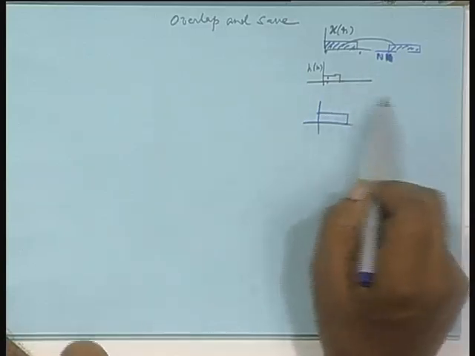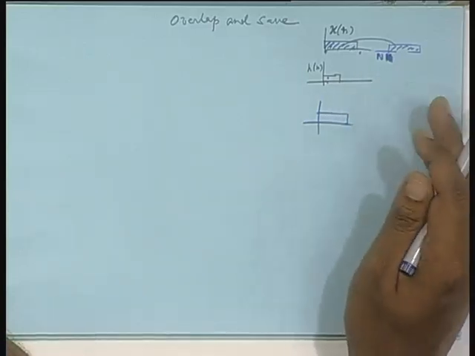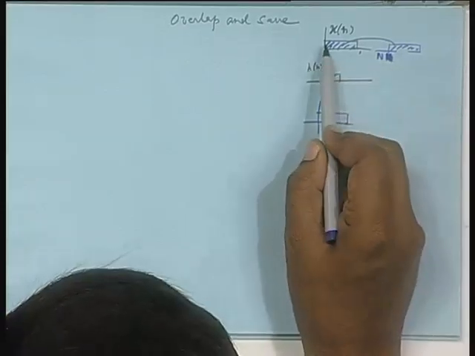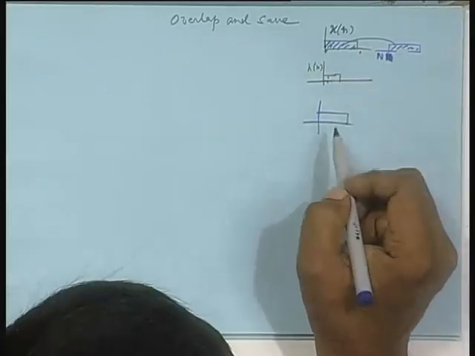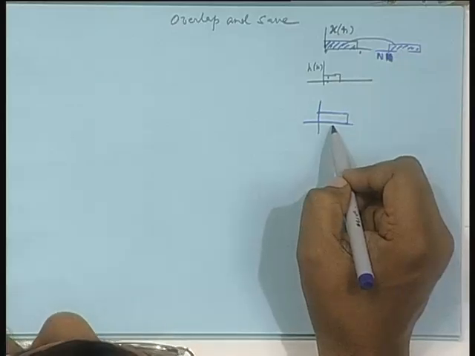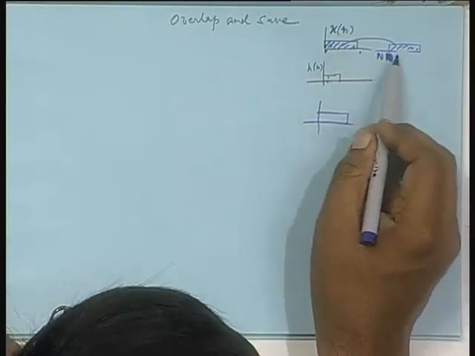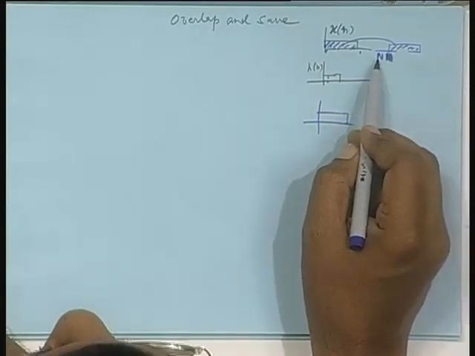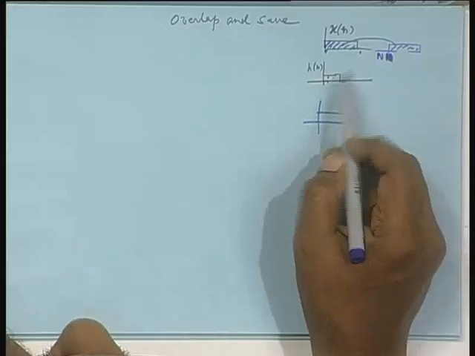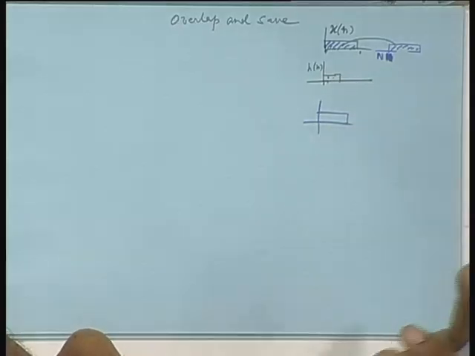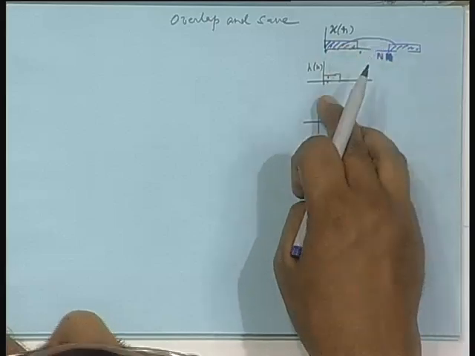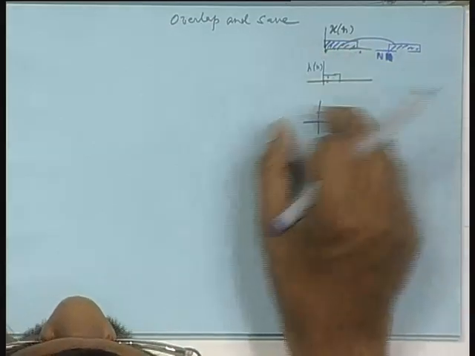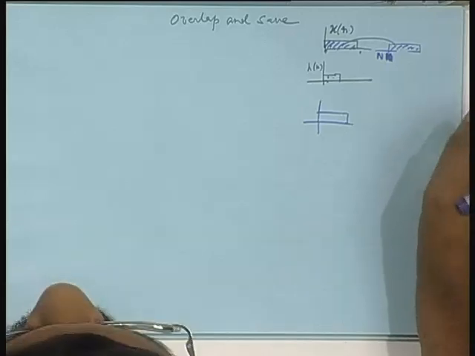If you cannot see this graphically, you can just go into the z domain. Convolution in time domain means multiplication in z domain. Z transform of this into Z transform of this is the Z transform of the output there, fine. What I am doing here, I am delaying it by capital N. So, same Z transform multiplied by Z to the power minus N into Z transform here. Now, Z to the power minus N you keep aside, then Z transform of this into Z transform of this is the same output, and that multiplied by Z to the power minus N means this output will be shifted by capital N. See, the z domain is very easy to work out.